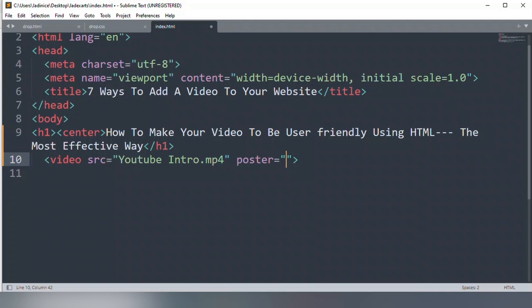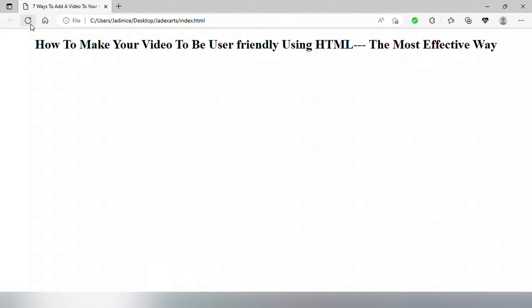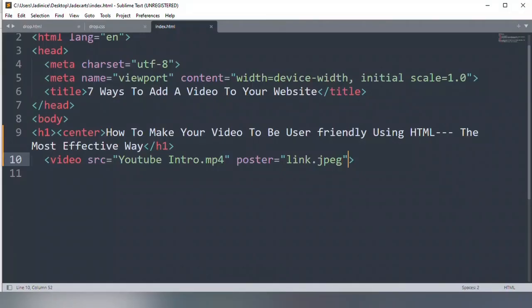The poster would be the image, and let's save it and refresh it. There. So we'll add the width and the height. The width and the height attributes, I'll make it 520.